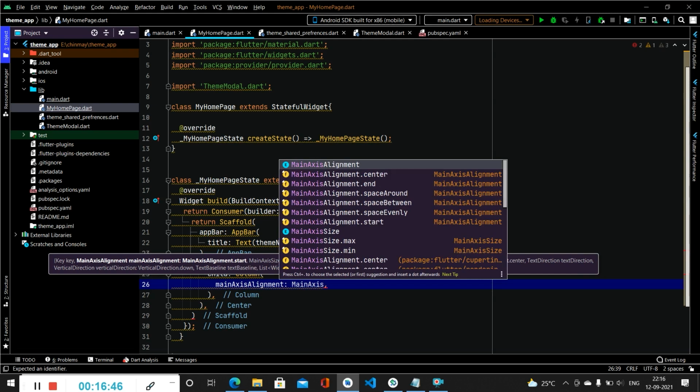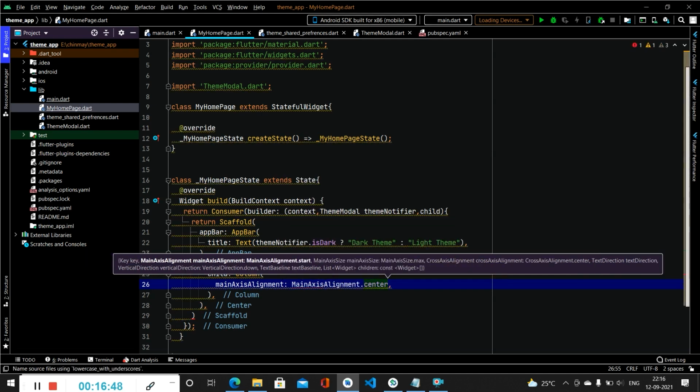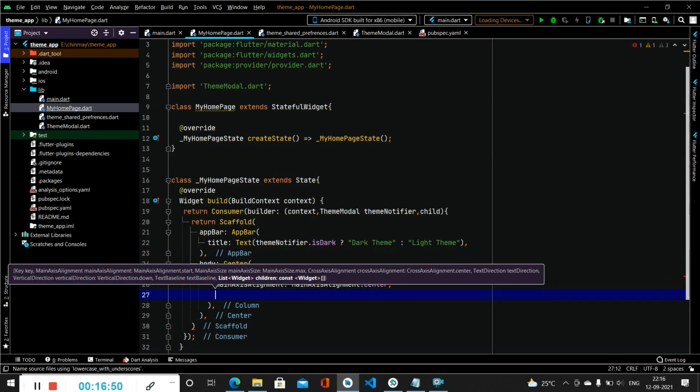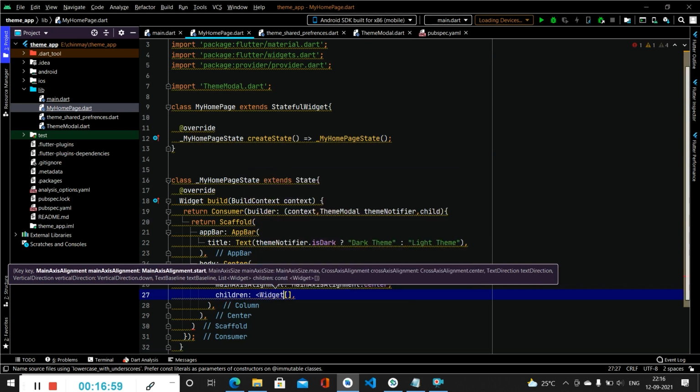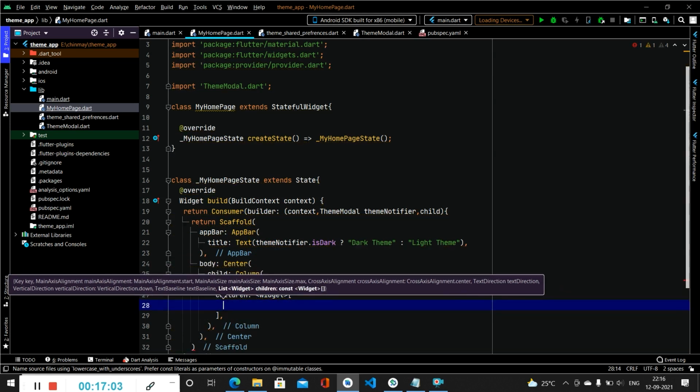We will be calling main axis alignment dot center. Then we will be calling children, and inside this we will be specifying widget. Inside this children, firstly we have to call a switcher button, which will be used to switch the themes.